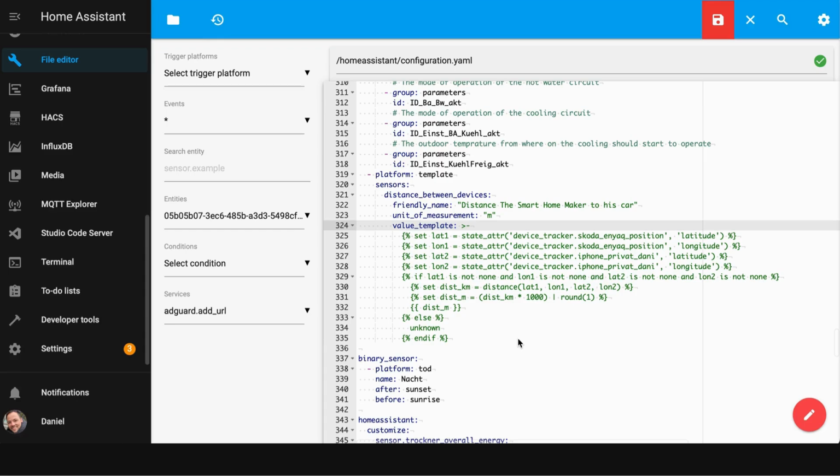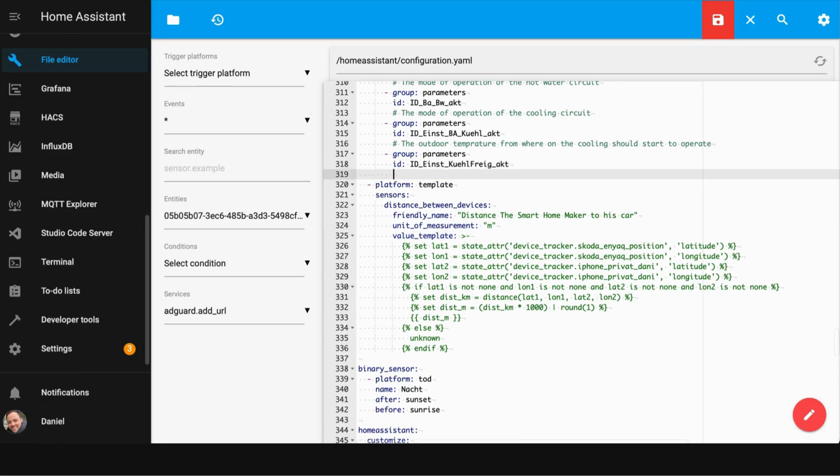So first of all, I would like to show you how you can create a sensor that monitors the distance between you as a driver and your car. We have to open the configuration.yaml. You could do that using the file editor add-on or also Studio Code Server. In this case, I chose the file editor. And then you have to search for the sensor node. In my case, the sensor node includes multiple different sensor types. That's why here you cannot see the sensor node, but actually if you do not have a sensor node, then